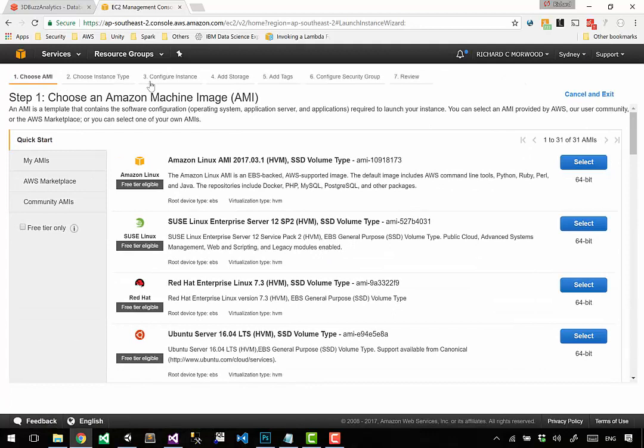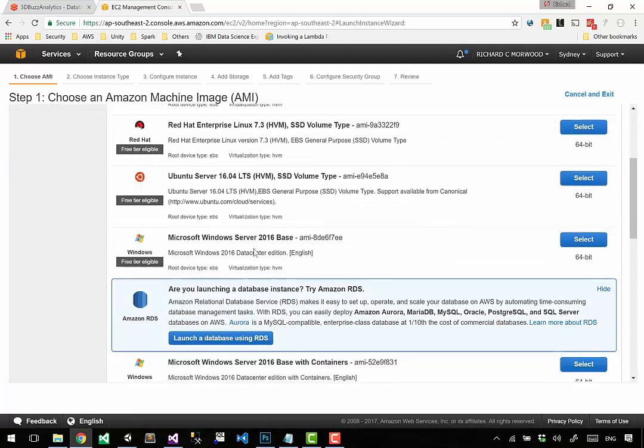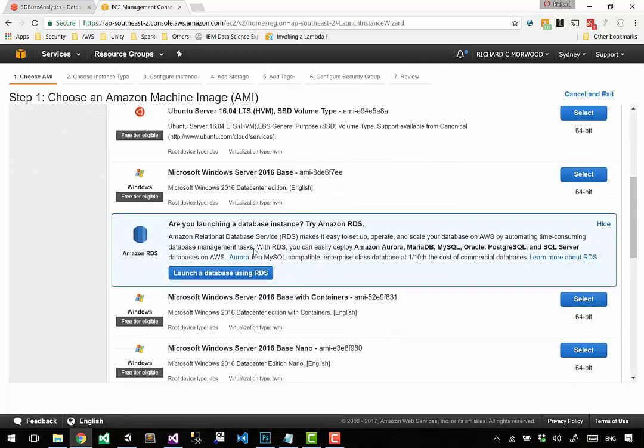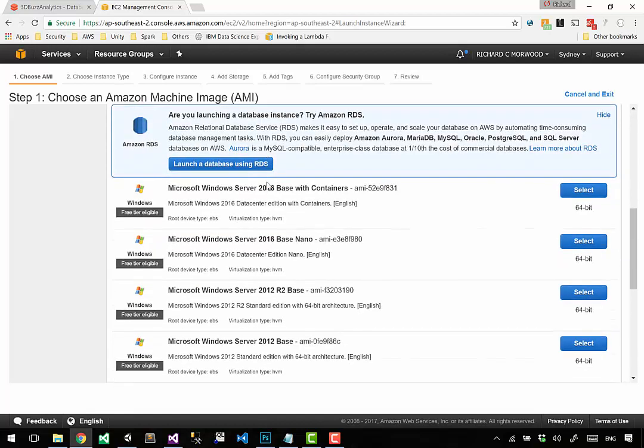So I clicked on launch in the top left. Because we want to take advantage of the free tier, we'll tick on free tier only, and that'll show only things that are free tier eligible. Now we're running this Unity game on Windows, so we are going to need to find a Windows server. There is one small problem. We don't want to pick server 2016 because this does not have the ability to run Unity games. So we're going to want to pick